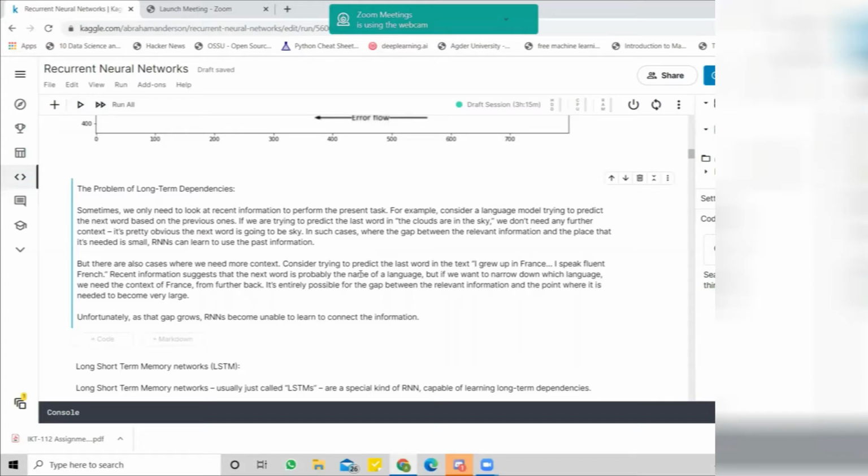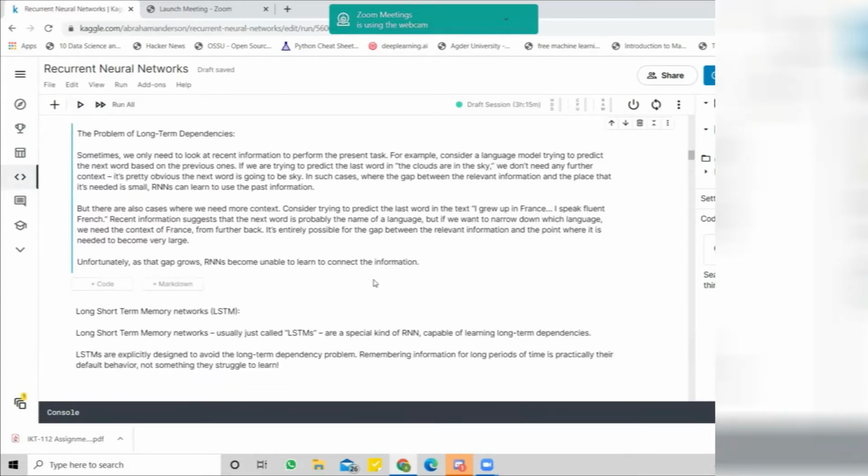But when it gets more complicated, like "I grew up in Norway, I speak fluent Norwegian", right? So the sentence is a bit complicated. After predicting, for example, the name of the country, Norway, we also expect to predict Norwegian, because people in Norway can speak Norwegian. So there is another task the computer has to deal with. It is a little bit complicated, and sometimes we get some emotional sentences inside normal sentences.